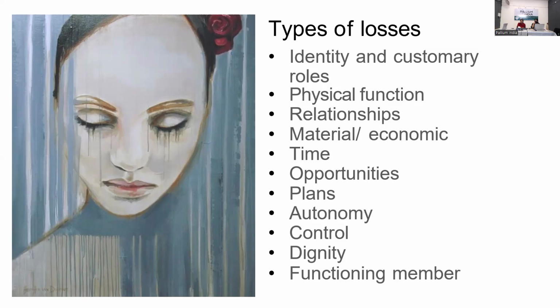How does a relationship come to a loss? There's a research study which says that 40% of women with cervical cancer are abandoned by their husbands. This is one way in which we lose a relationship when it comes to life limiting illness. If I'm having a life limiting illness, stage 4 cancer, I won't feel like talking to anyone, I won't feel like talking to my friends, I'll self isolate. So that is one way in which we stop our relationships from going ahead.